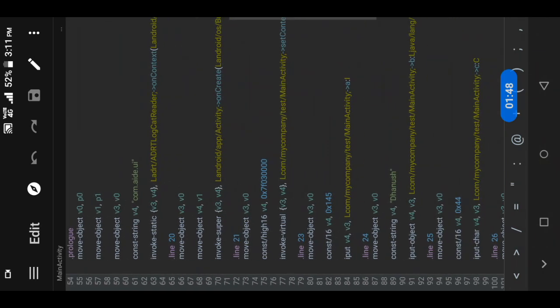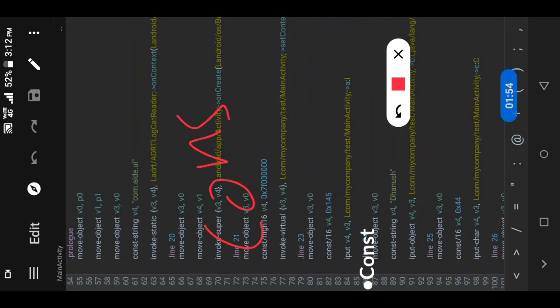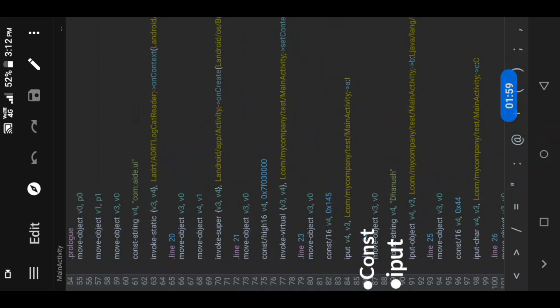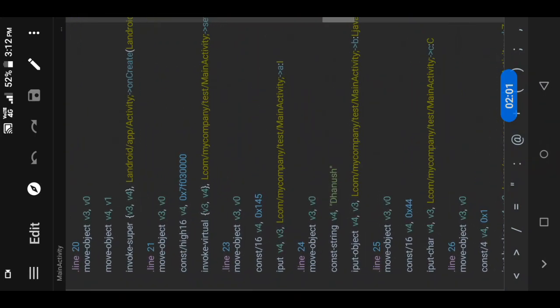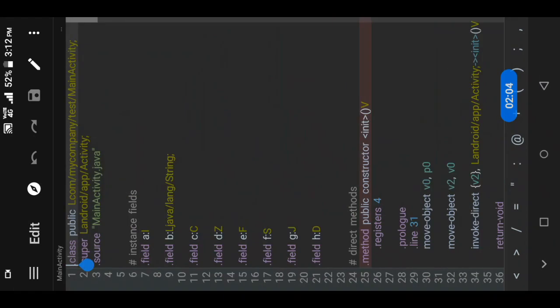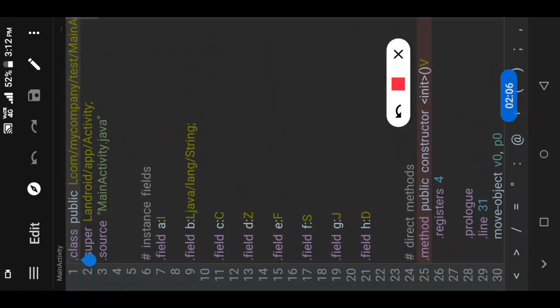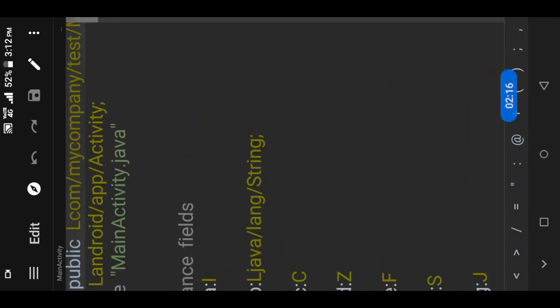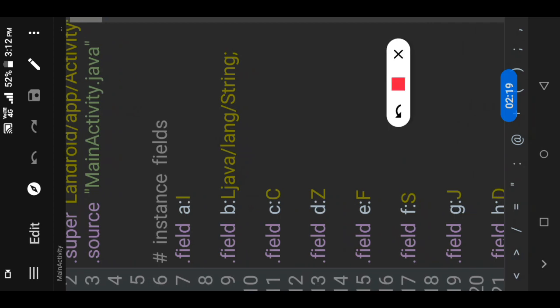In this I am going to discuss two keywords, constant and input. So let's first deal with input. You can see here the field is created. If I want to assign a value to this, here it is a field, a variable of type I, that is integer, named a.